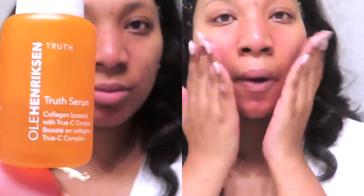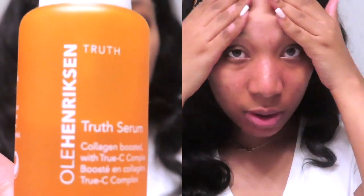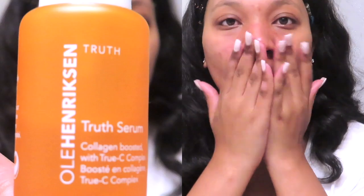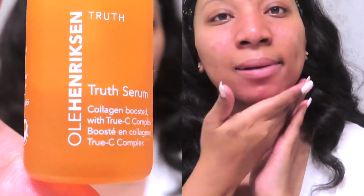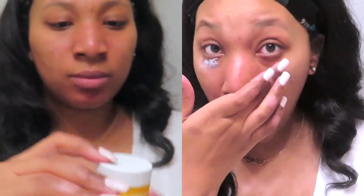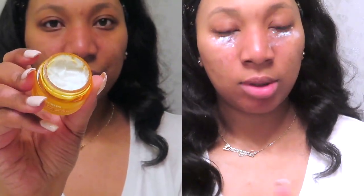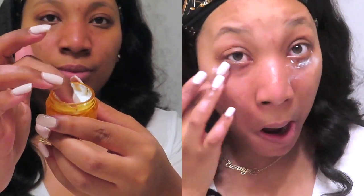Next, I'm going to be using the Olay Hendrix True Serum, and this does have vitamin C in it, which definitely helps your skin and boost it to make it look very radiant. I love using this. If you guys do not have this in your bathrooms or in your daily skin routine, you're tripping. Now, I like to use the same from Olay Hendrix eye cream, and this is the banana eye